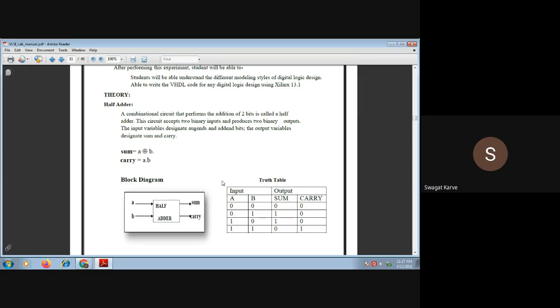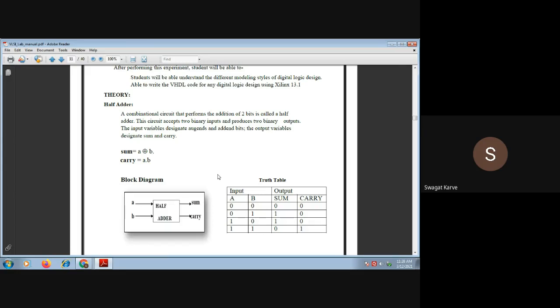Now which one is suitable, which one has the minimum coding lines, that proves the best style of modeling. Whenever you write a code for anything, doesn't matter which language, the best practice is to use the appropriate logic. Your code should be short and sweet. There should not be a lengthy code that just goes on and on.